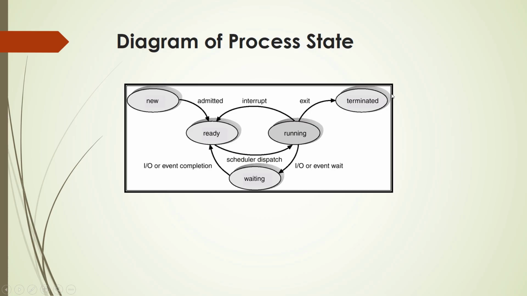So this is how the 5 process states work: new to ready, then to running, then to terminated if there are no interrupt or input output, but if there is an interrupt, it goes to the ready state. If there is an input output, it again goes to waiting state, completes the input output, and then goes to the ready state again. And this cycle will be repeated several times before the process completes.